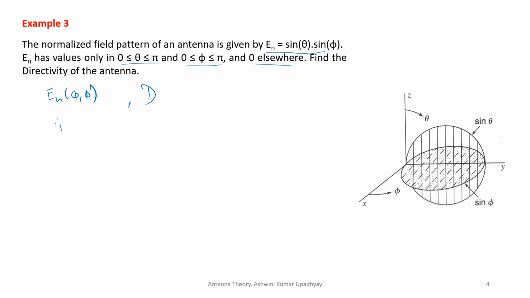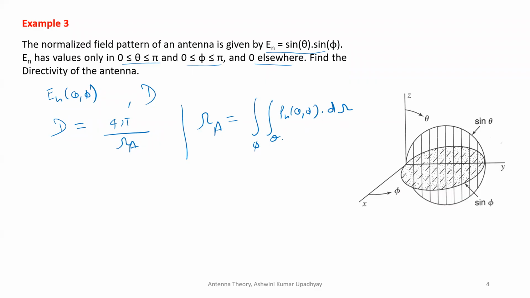So I think we had studied one formula where D is equal to 4 pi upon the beam solid angle of that antenna, the beam area of that antenna. This is omega A, right? You had studied about this formula. So what was the beam area of any antenna? It is basically the integral around phi and theta of what? Pn theta phi with respect to solid angle.